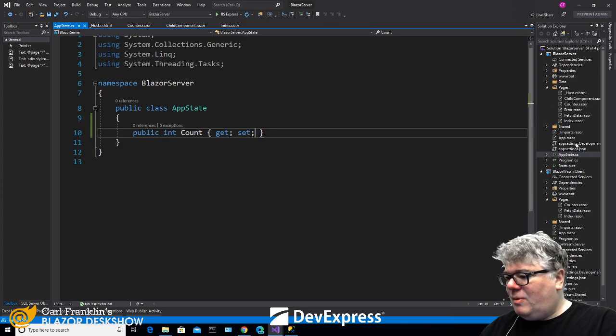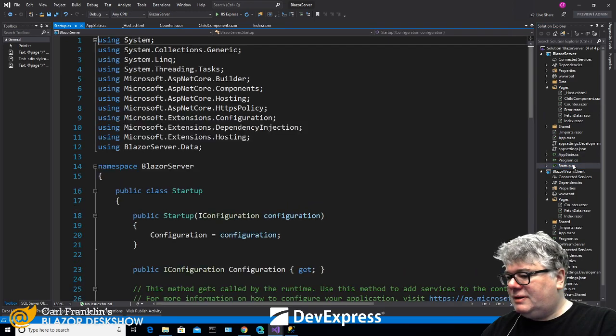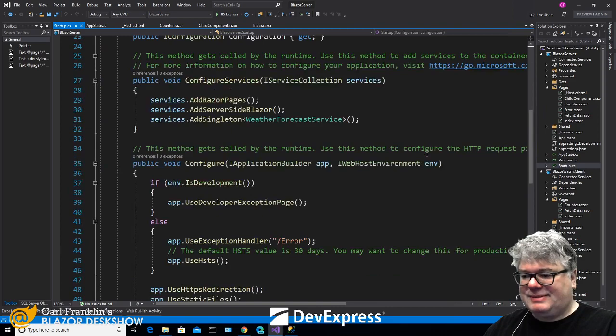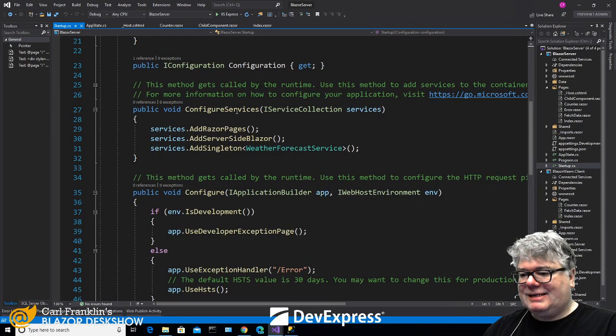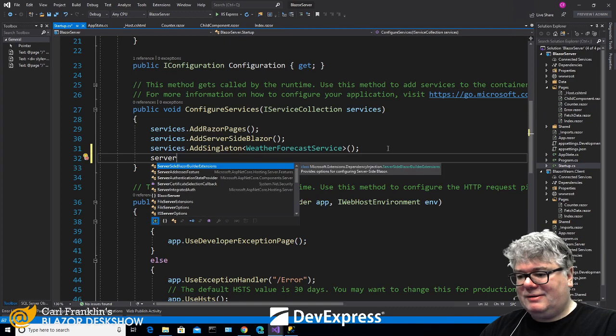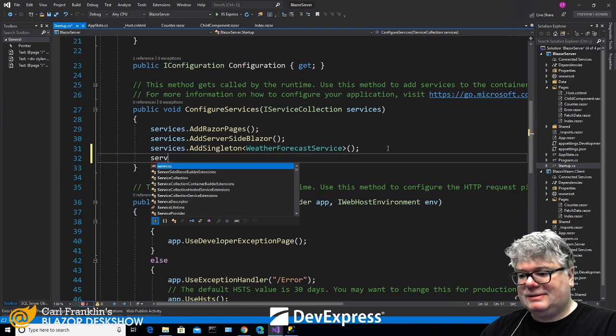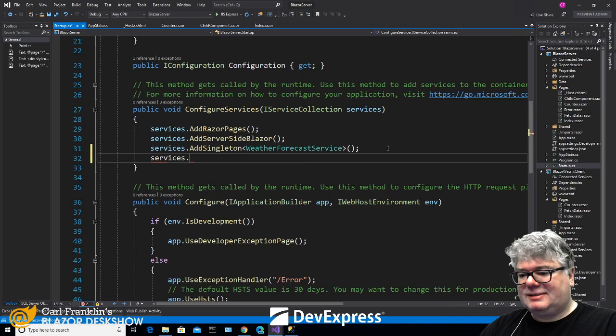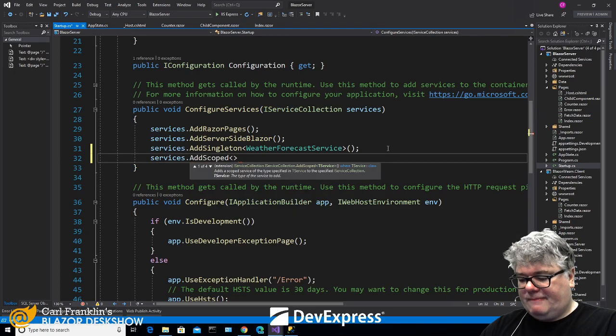Now I can control the life cycle of that AppState by adding it as a service in startup.cs, ConfigureServices. You can see there's already one added here, the weather forecast service. But if I say services.AddScoped AppState,